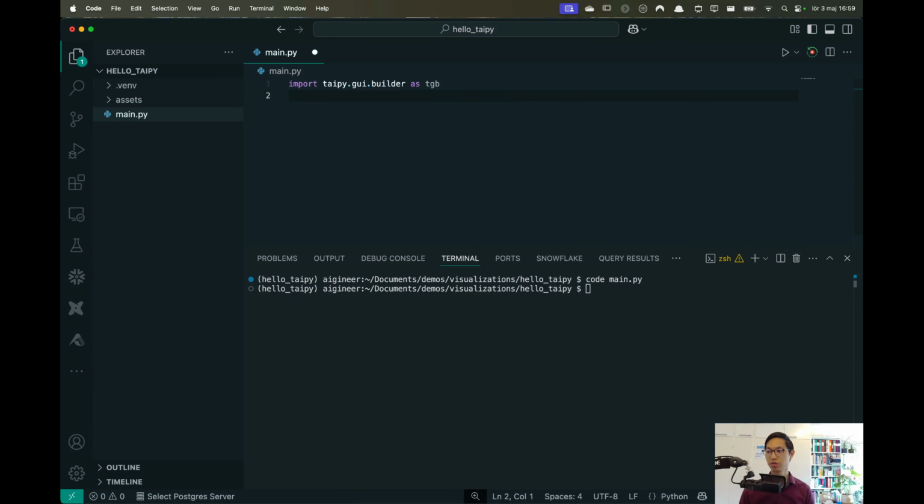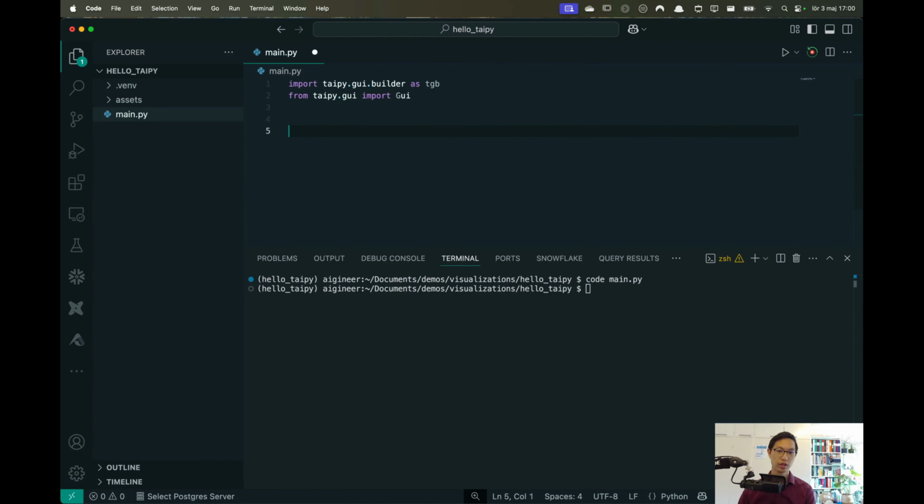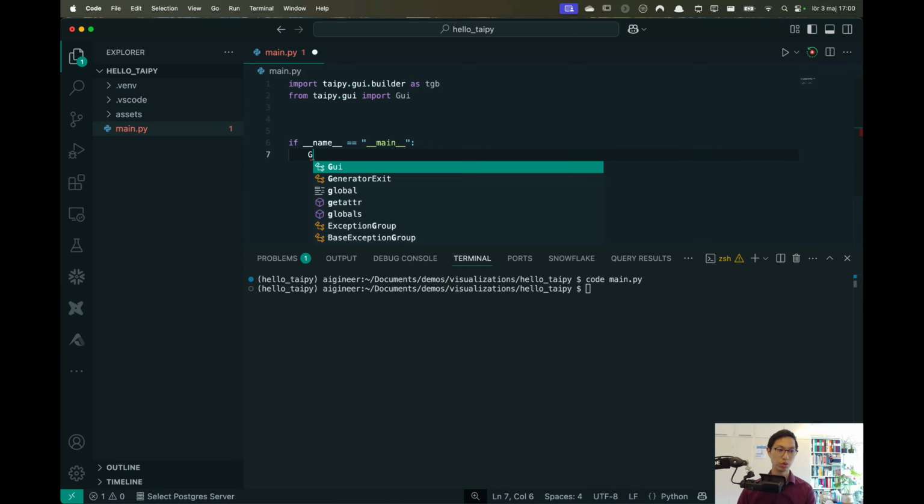I use the Python syntax, but you can look up the Markdown syntax if you want to learn that. Maybe I will make a video in the future about the Markdown syntax, but right now I'll focus on the Python syntax. Okay, from taipy.gui import Gui. Okay, so this is basically what we need. And then if __name__ equals __main__